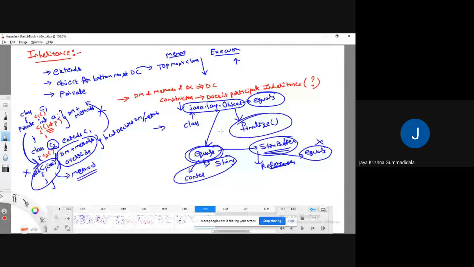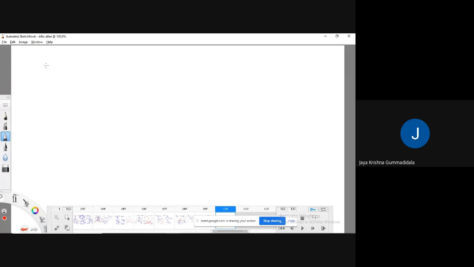Okay, so this Object class is responsible for freeing the unused memory space, because it contains a method called finalize method. Okay, fine. Okay, before going to move further, let me explain first